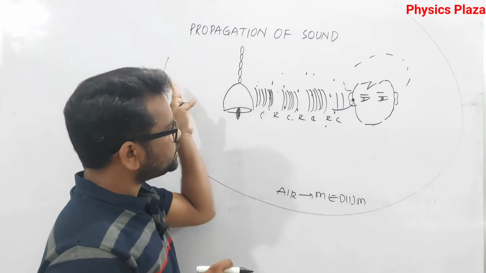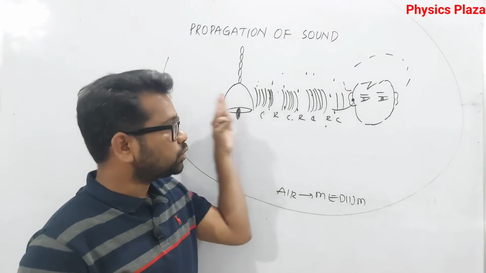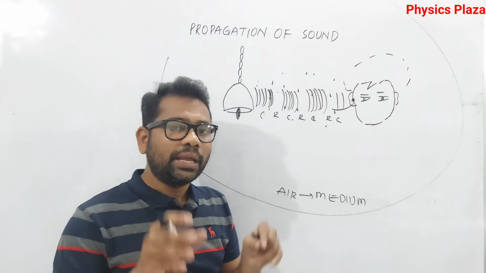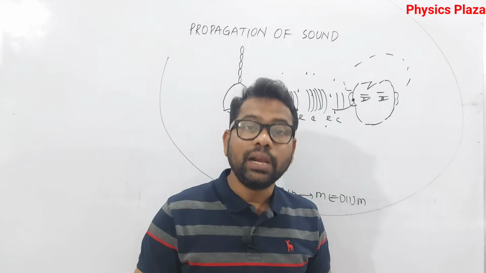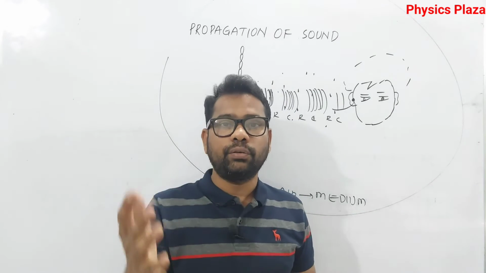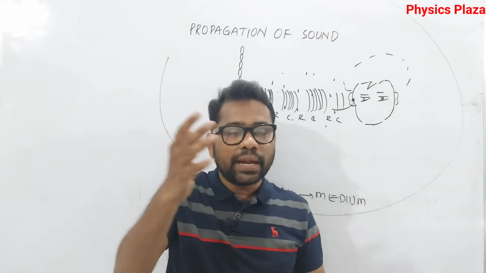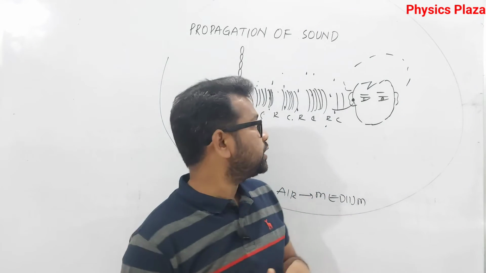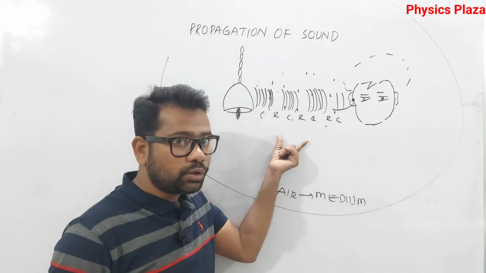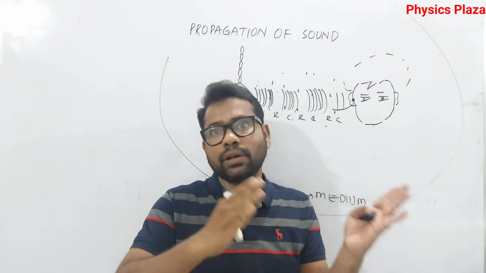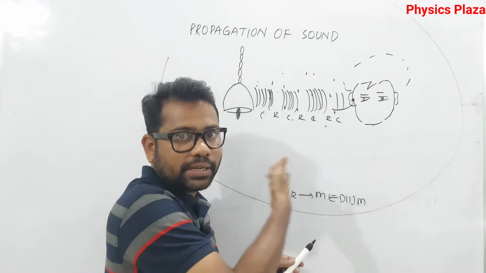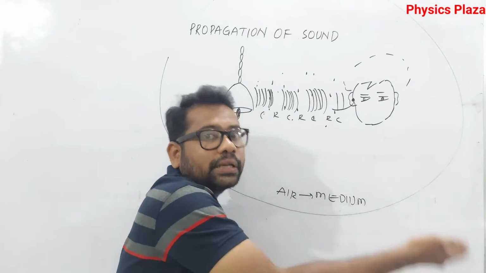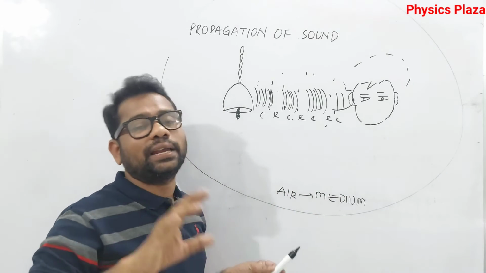So here as this sound is traveling, what happened? Compressions and rarefactions are formed. That's what, children, in air sound can travel in the form of a longitudinal wave, which means as the sound is propagating in the air, compressions and rarefactions are formed. Children, again I'm telling you, if you want to understand this, let us recall what we discussed for the longitudinal wave. The best example which we have discussed, where the persons are standing in a queue, how the push is carried to the front and the back. That is exactly what happens.